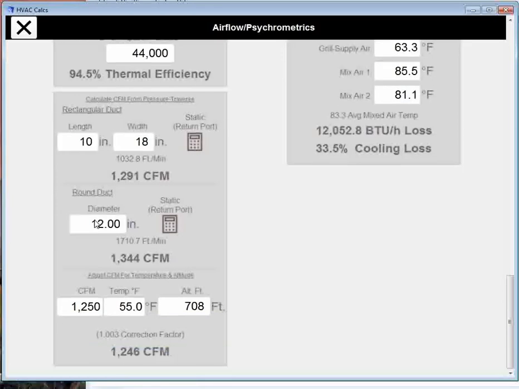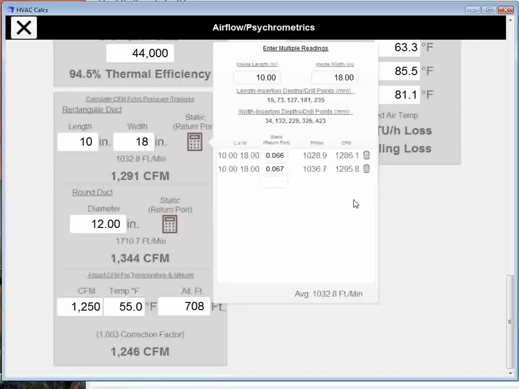Calculating CFM from pressure using traverse method. You put your length and your width in here, go over here. Now this is when you do it manually. You're going to enter all your pitot measurements to get your static pressure. Also, when you're traversing for multiple readings, put your length and your width, and this will tell you your drill points on your length,